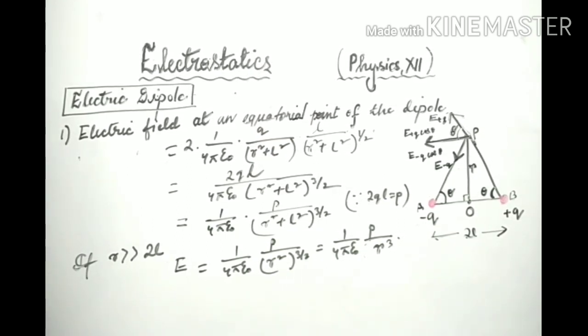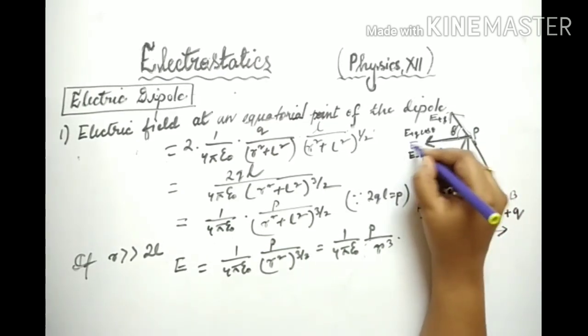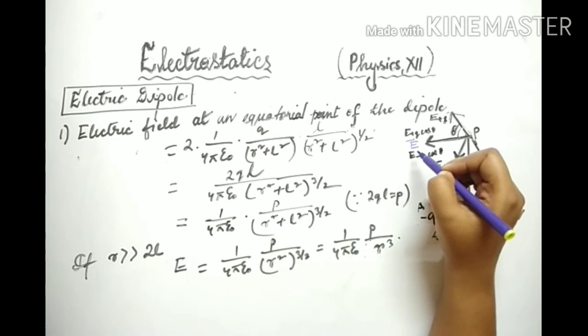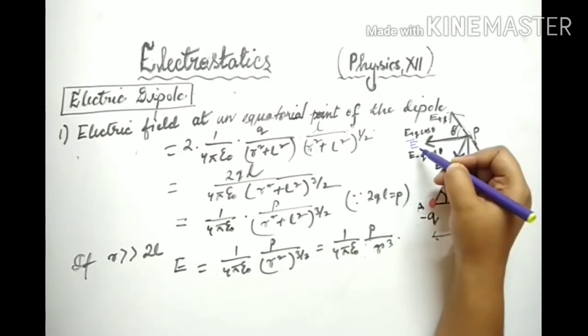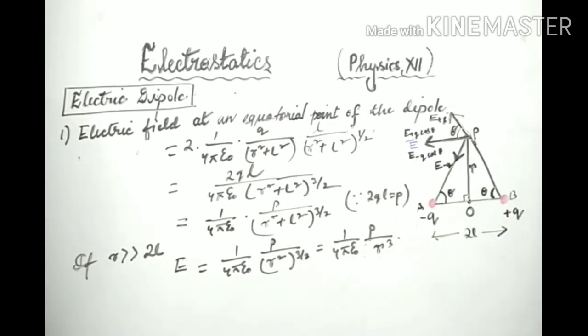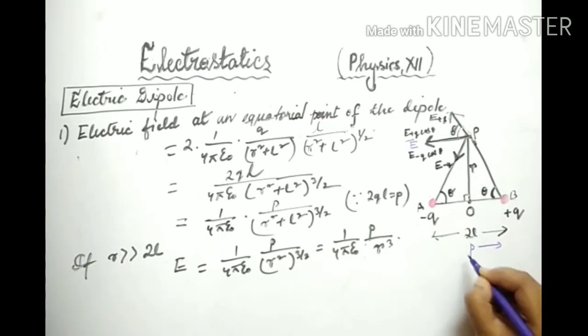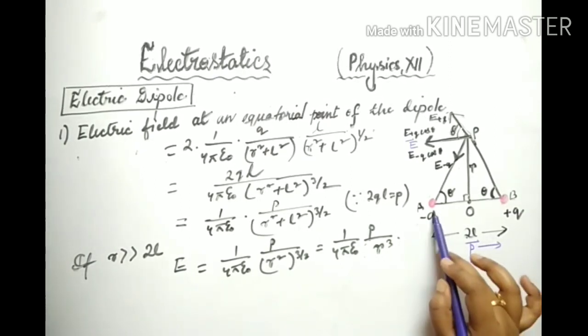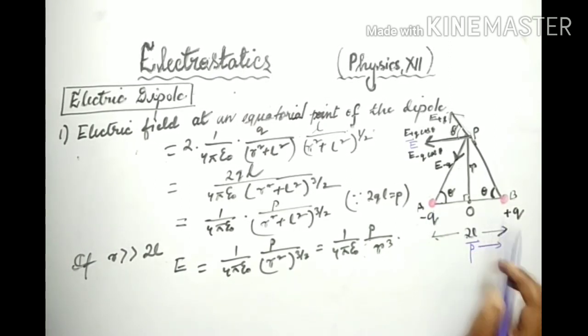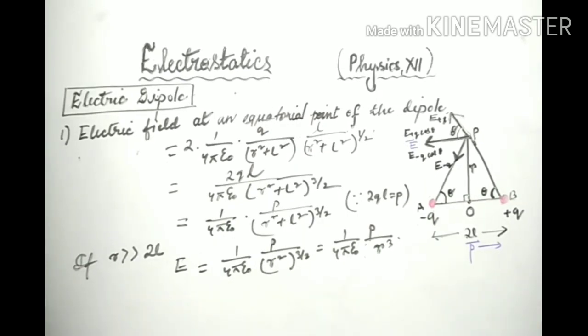Now in which direction it will point? It will point in this direction, of course. So the resultant electric field is in this direction. Now in which direction does the dipole moment vector point? The dipole moment vector points in this direction. The dipole moment vector points from the negative to the positive side. So in this direction. So if you want to write vectorially,